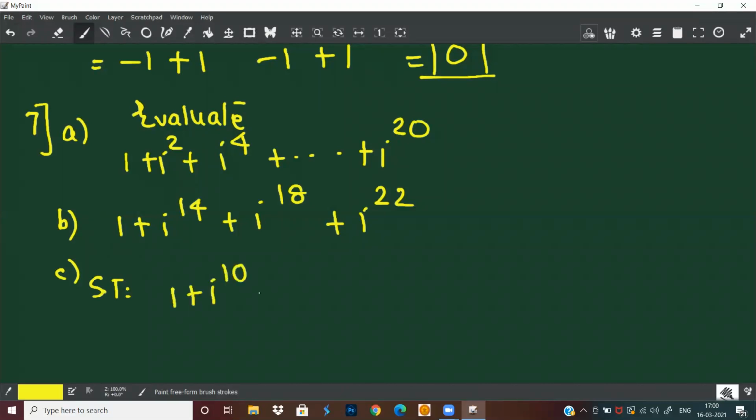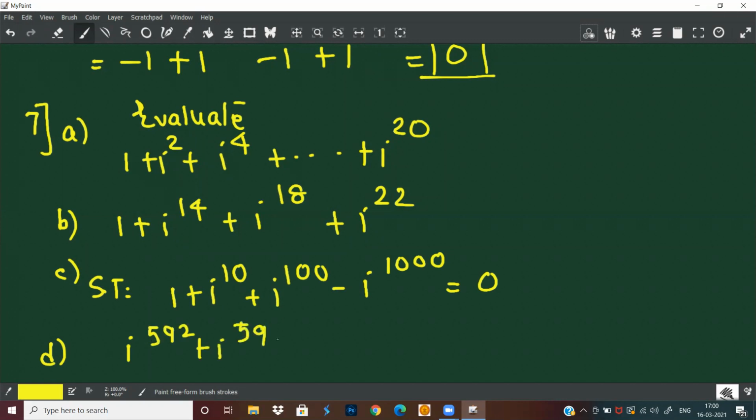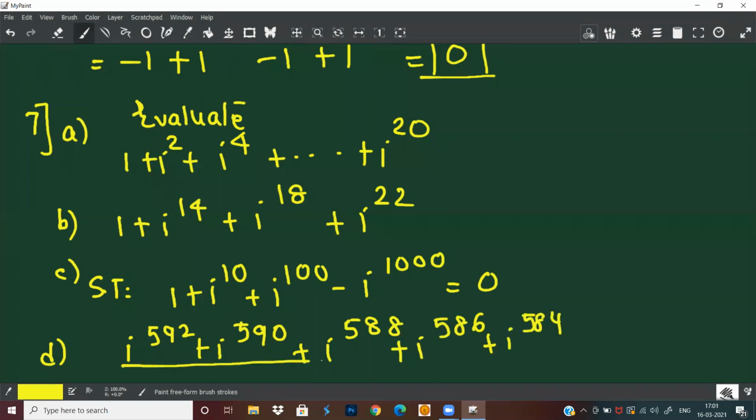1 plus I raised to 10 plus I raised to 100 minus I raised to 1000 is 0. And finally, evaluate I raised to 592 plus I raised to 590 plus I raised to 588 plus I raised to 586 plus I raised to 584 divided by